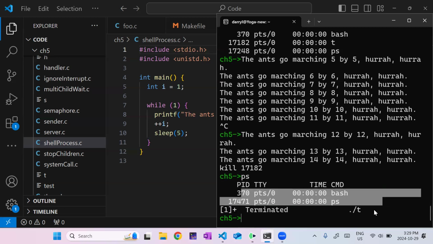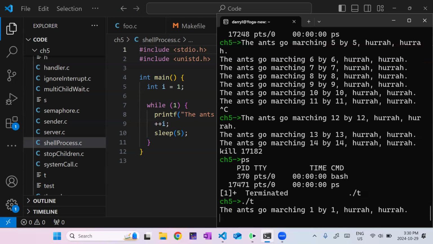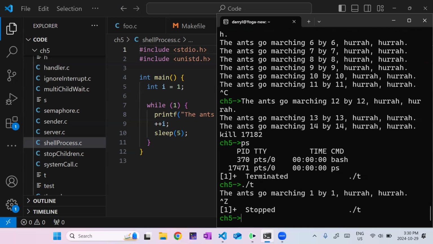So yeah, I can start a process in the foreground or background. I can move it from the background to the foreground using the fg command. I can also do, let's say I just ran it in the foreground. If I do Control Z, that will pause it.